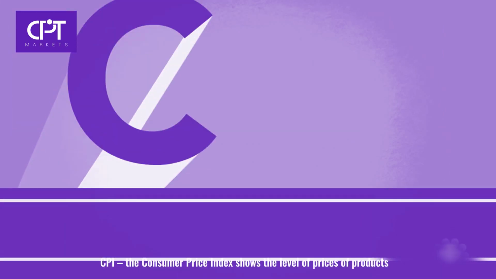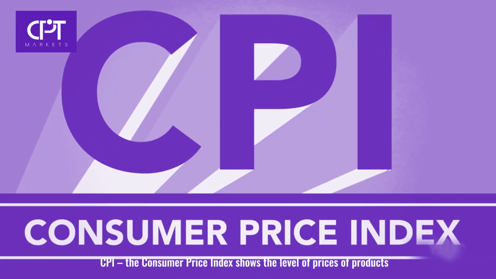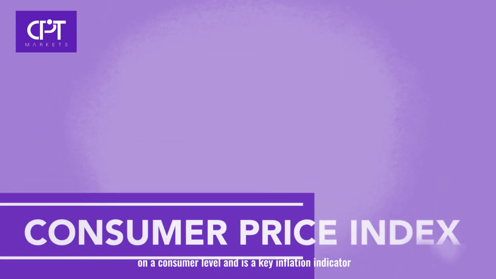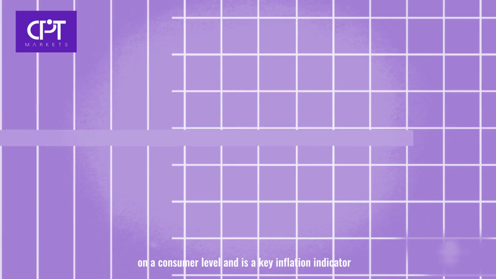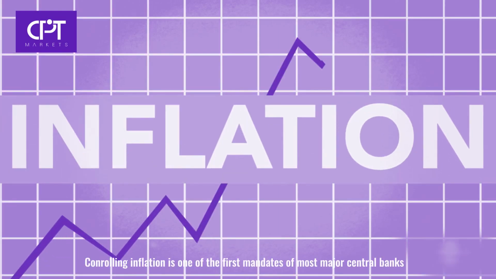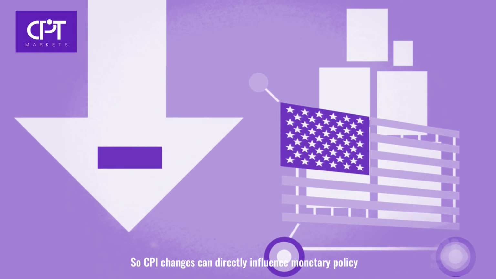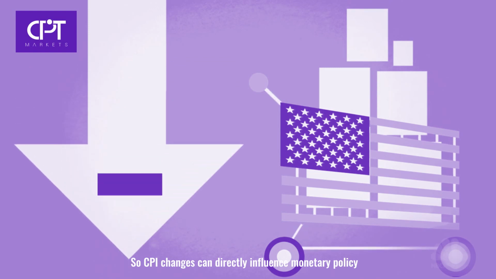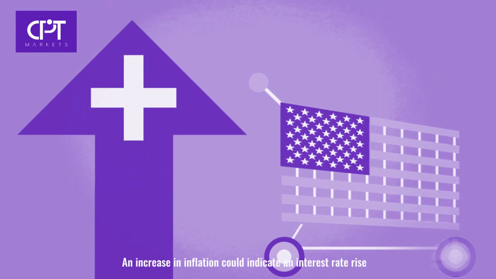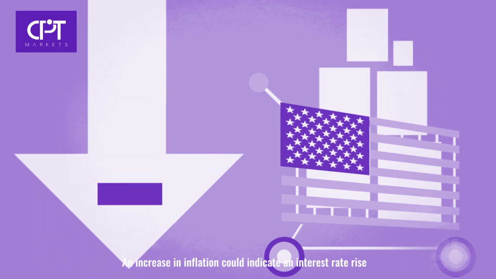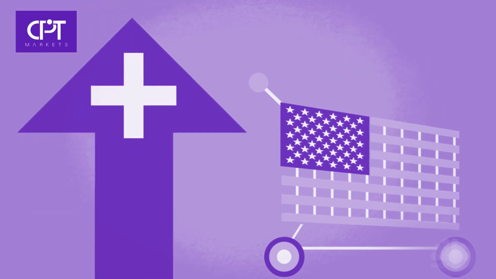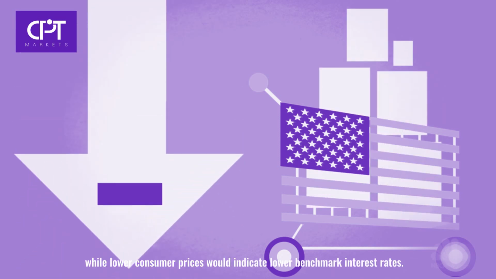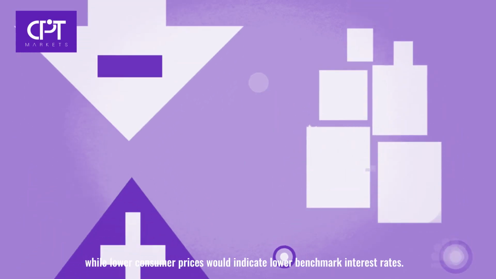CPI, the Consumer Price Index, shows the level of prices of products on a consumer level and is a key inflation indicator. Controlling inflation is one of the first mandates of most major central banks, so CPI changes can directly influence monetary policy. An increase in inflation could indicate an interest rate rise, while lower consumer prices will indicate lower